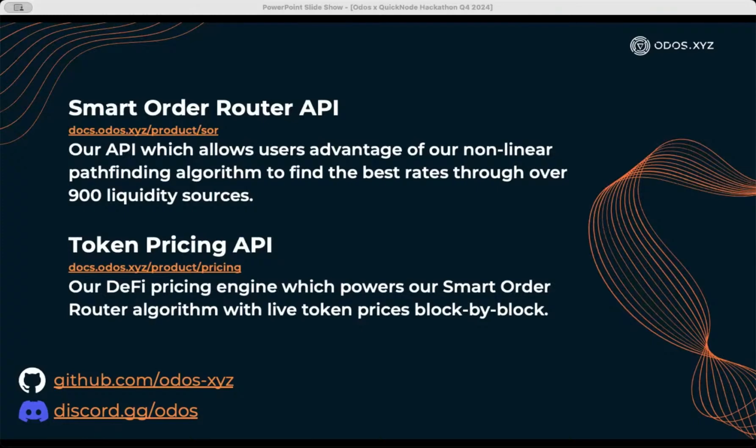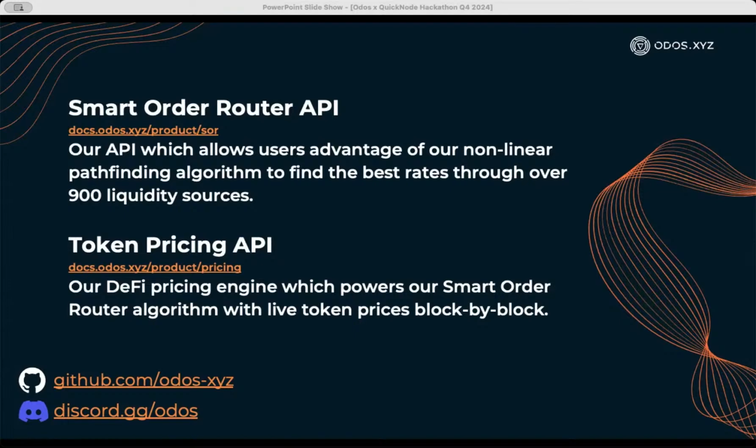Most token price API providers in the market, such as CoinMarketCap or CoinGecko, have data refresh rates of about 30 seconds to 1 minute. So it doesn't sound like much, but if you're an application operating on an L2, and you have block times of say 2 seconds, then you're missing out on at least 15 blocks of price action and state changes between updates. Our token pricing is block by block updates to give us the most accurate price available.